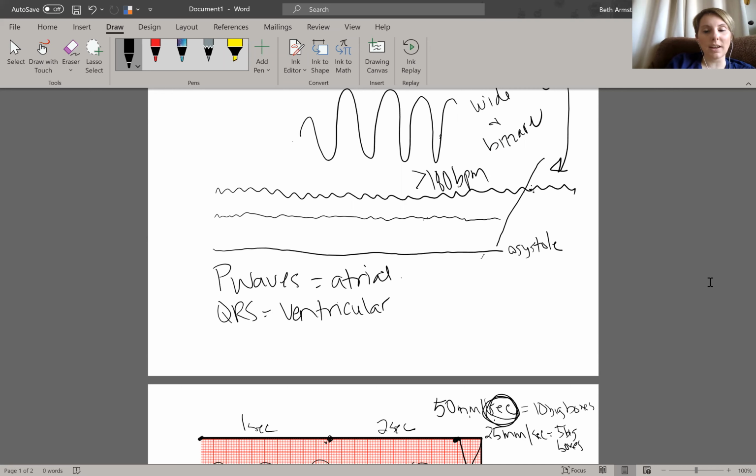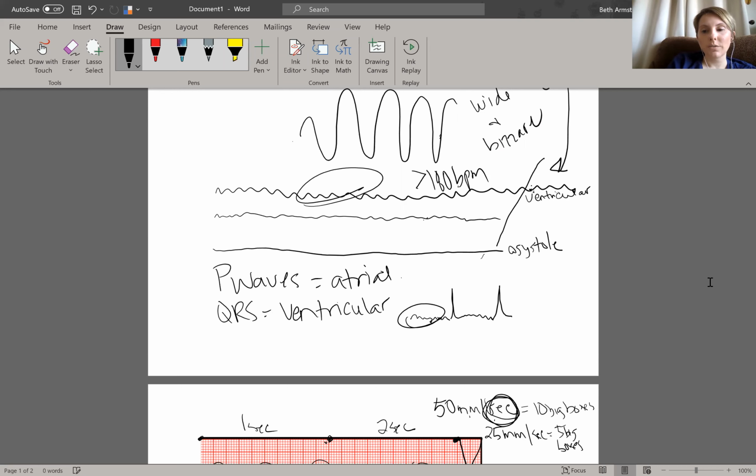So if you have this, and then a nice QRS, and then this again, and a nice QRS, it's an atrial issue, right? Because your QRS is beautiful. Well, this one I just drew horribly, but that's just me. But this looks very similar to this, right? And this is ventricular,